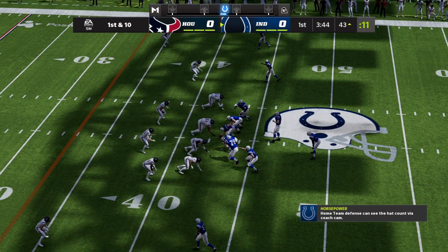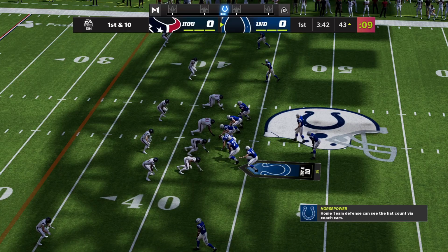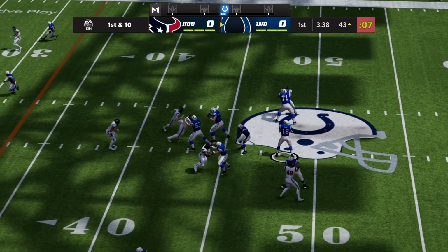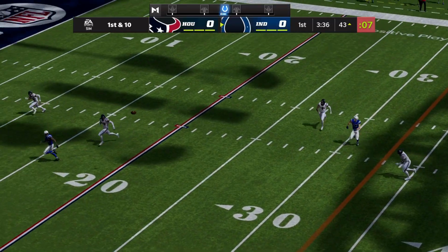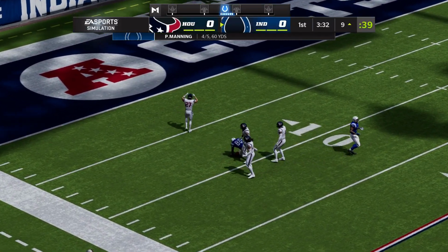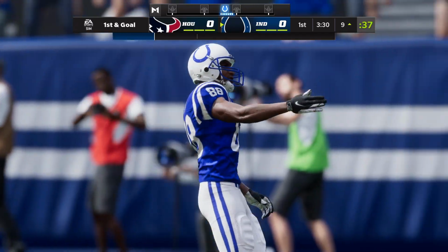So a 1st and 10 now in Houston territory at the 43. On play action, it's Manning. He's going to launch this thing way downfield. This is caught inside the 15. A big connection on